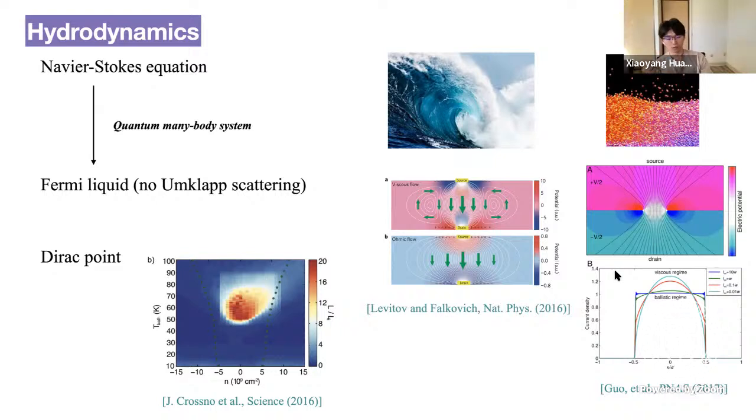So this is really due to the fact that conventionally the thermal conductivity and the electric conductivity have the same origin of relaxation. But now at the Dirac point, they can have different mechanisms due to the lack of Galilean invariance. So basically the current may not be carried by the momentum in that case. So people have predicted this behavior using hydrodynamic theory, and people have found this really striking experimental evidence to support that really we can talk about hydrodynamics in quantum many-body systems.